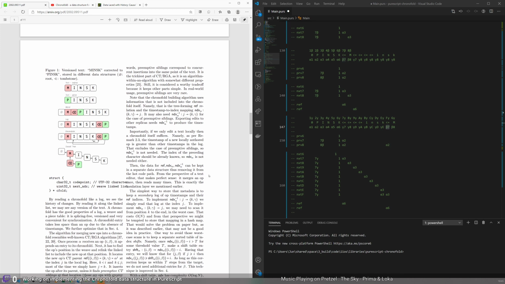So let's see. So yeah, right. If we edit the text locally, then a Chronofold itself suffices. So we don't need these, which is part of the beauty of all this. We can just append, and we only need to maintain the weave linked list. Okay. Namely, as per Remark 2.3, the timestamp of a new locally authored op is greater than other timestamps in the